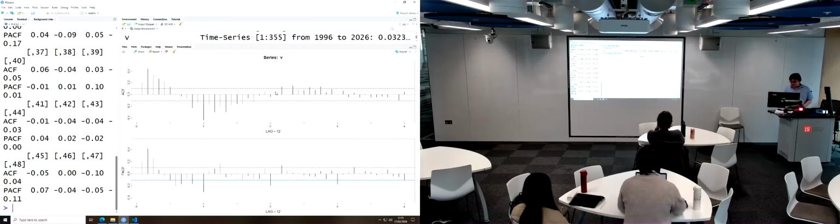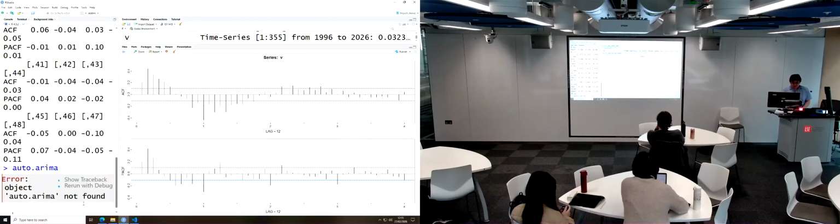So it's all practical here, which follows what we have talked about. And you may then look to find a suitable seasonal ARIMA model. So what order do we look at? Well, perhaps people usually look at certain different orders. In R there's an automatic function called auto.arima. So if you want to look at how this works,